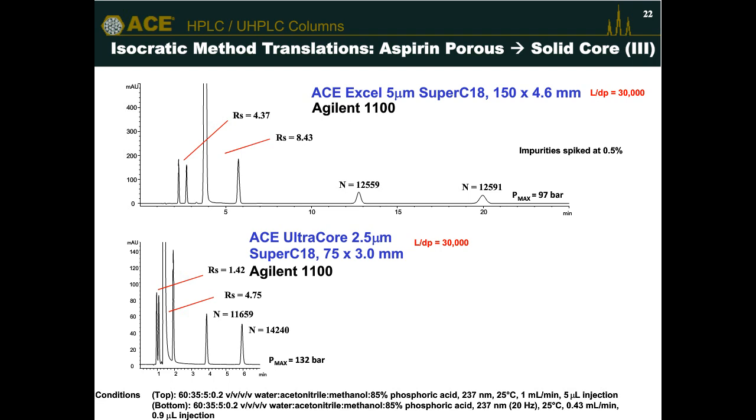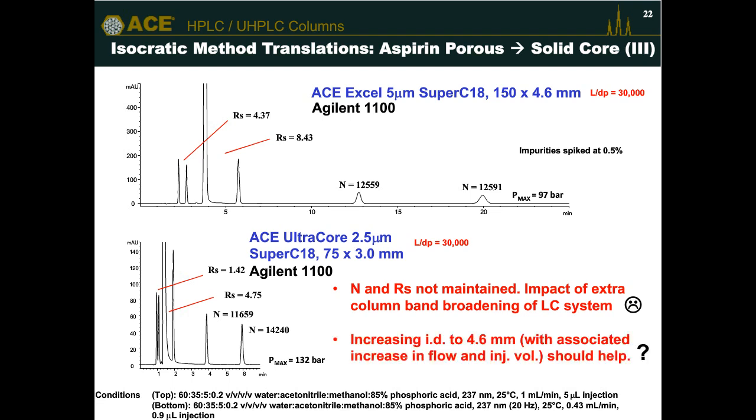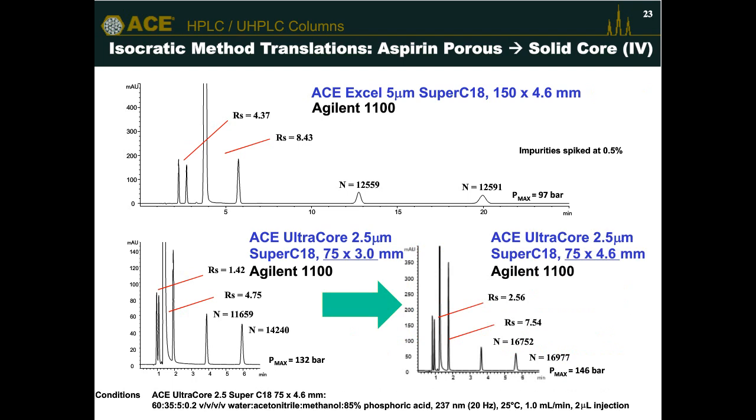And if you look, we've specified which instrument we used here. This was because our system actually didn't cope very well with moving to a smaller ID column. So there was too much extra column volume going at the lower flow rate on the smaller ID. So if we stick with the 4.6 mil ID column, as demonstrated here, we actually get better resolution, especially for those early eluting peaks. And we, again, halved the runtime from our